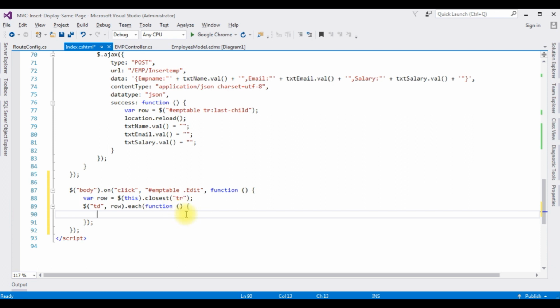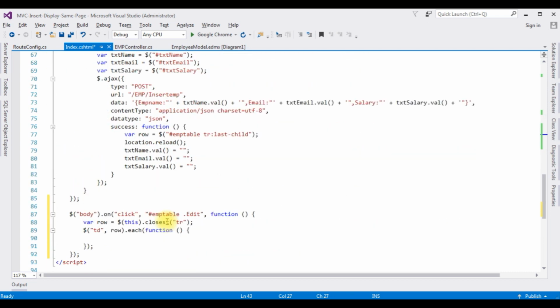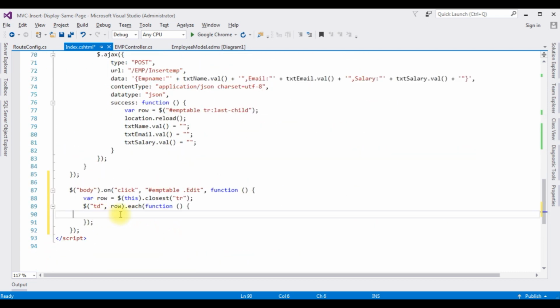Now in this function I'm implementing the functionality. When we click the edit link button, I want to find the particular row of the control. Here the particular row of the control is the input type text box control. I want to make it visible. So here, if $(this).find the element is the input.length is greater than 0,